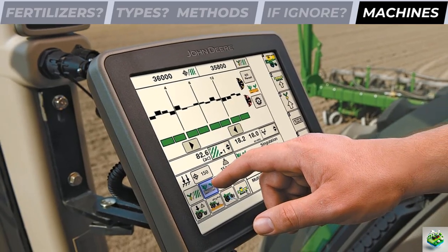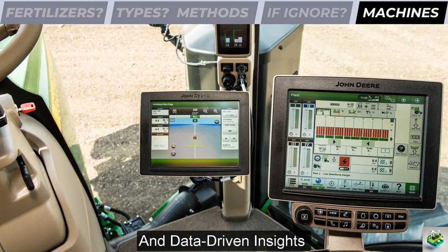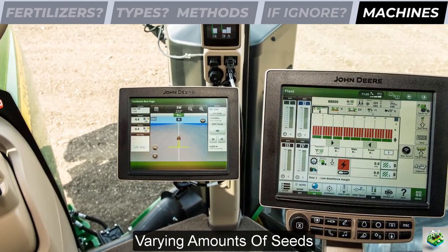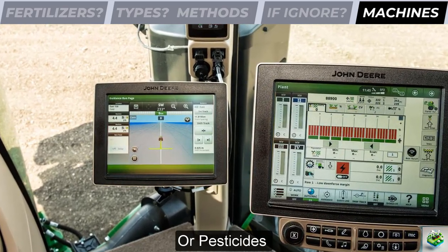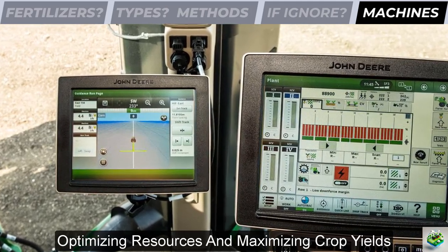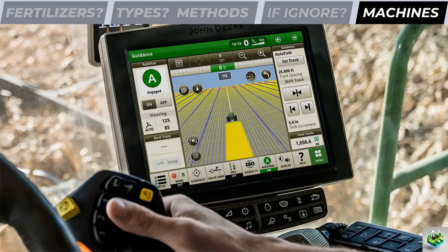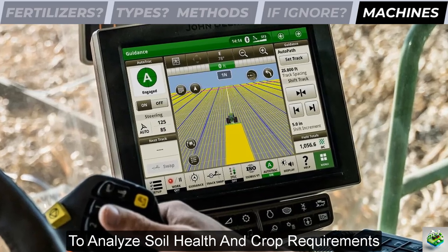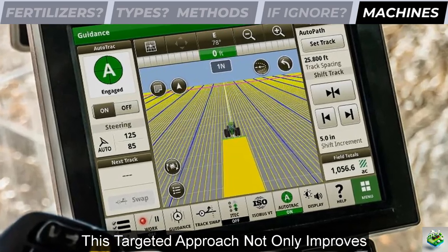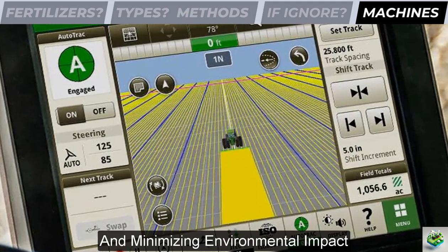Features: the GreenStar VRT system uses detailed field maps and data-driven insights to adjust application rates in real time. This means you can apply varying amounts of seeds, fertilizers, or pesticides based on specific field conditions, optimizing resources and maximizing crop yields. The system's precision comes from its ability to analyze soil health and crop requirements across different parts of the field. This targeted approach not only improves crop performance, but also helps in reducing waste and minimizing environmental